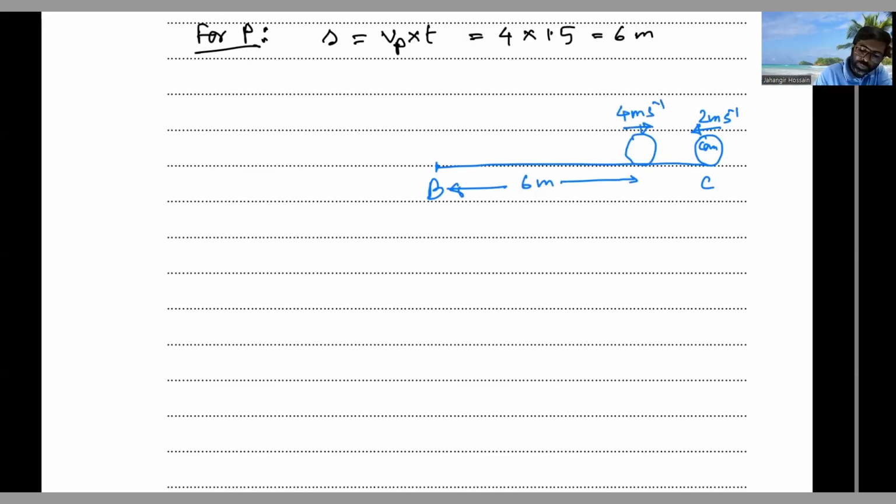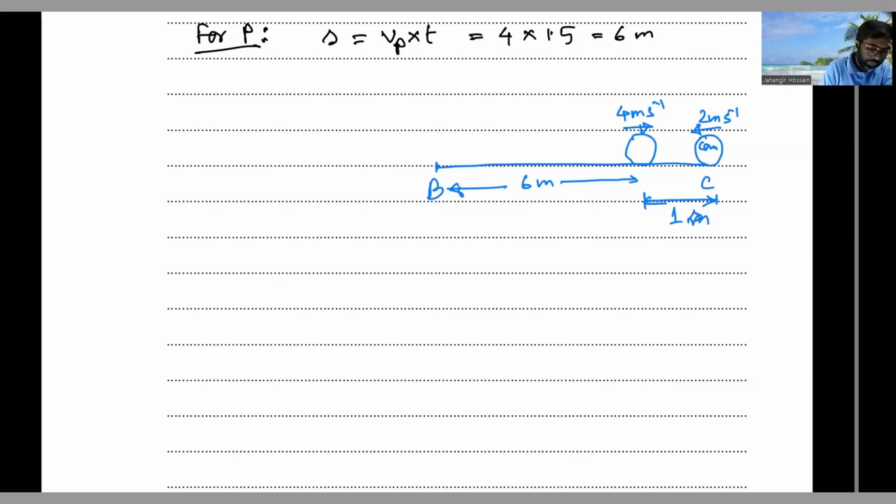So they are moving towards each other. Let's say they will take a further T prime seconds before they collide. This is 1 meter. So after a further T prime seconds they will collide, and in this further time